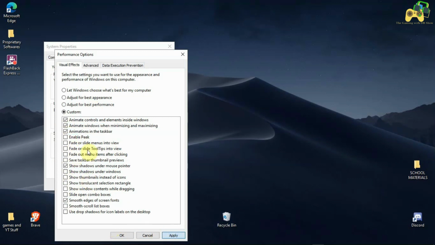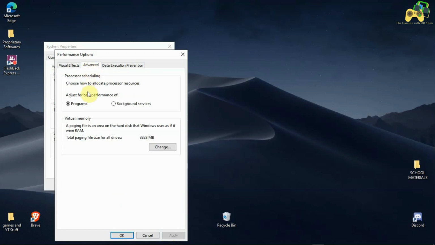Then click apply, so your preferences are applied, and then go to advanced. Then you will see processor scheduling. There are options: adjust for best performance of programs and background services. You need to click programs, because if you click background services, the processor will allocate more resources to the background services and less to the programs, so that will be a little twisted and can reduce the performance.